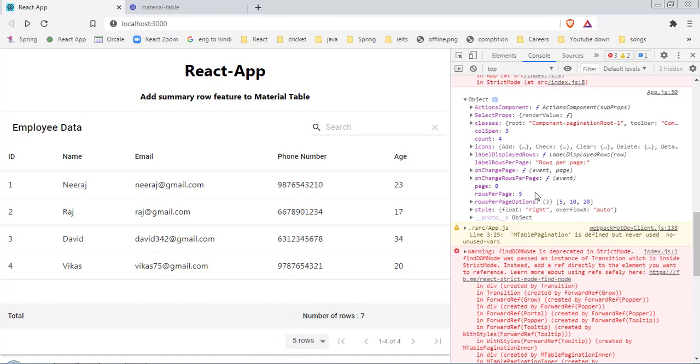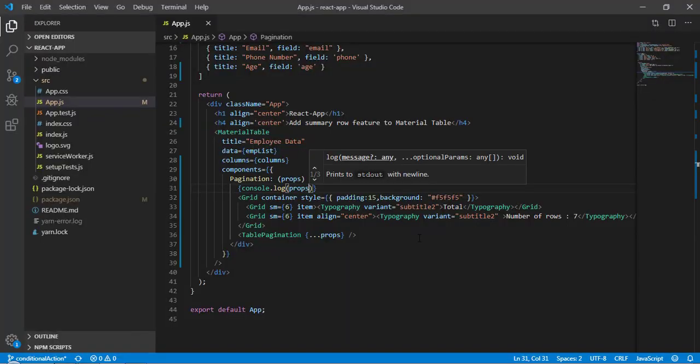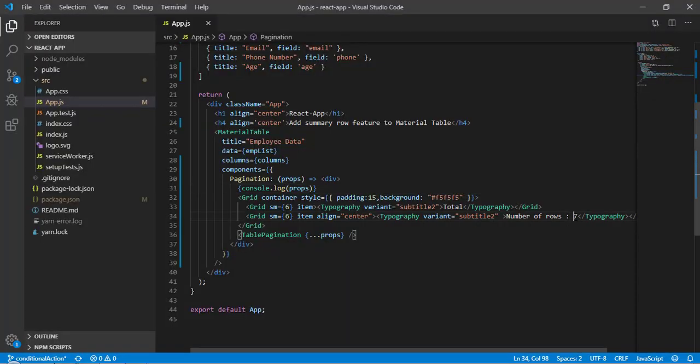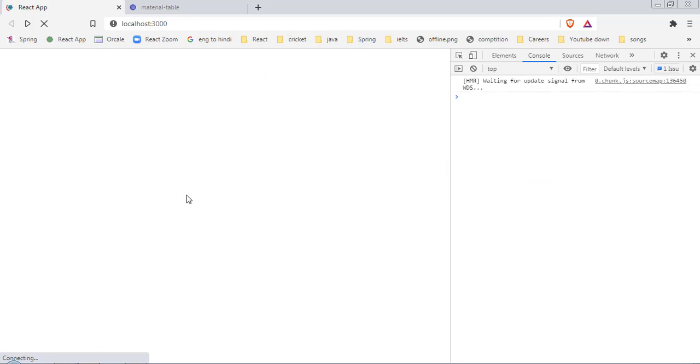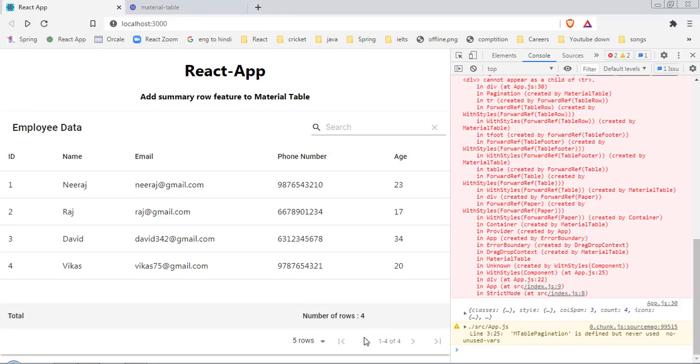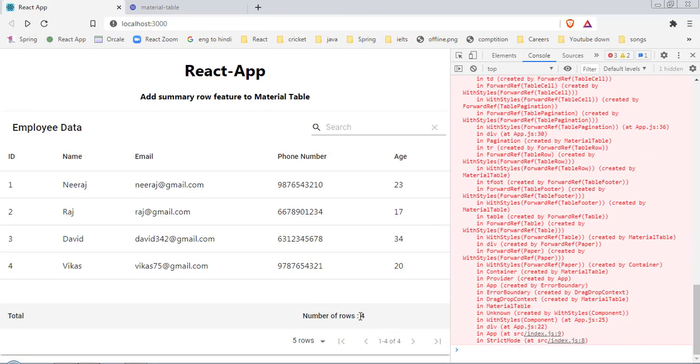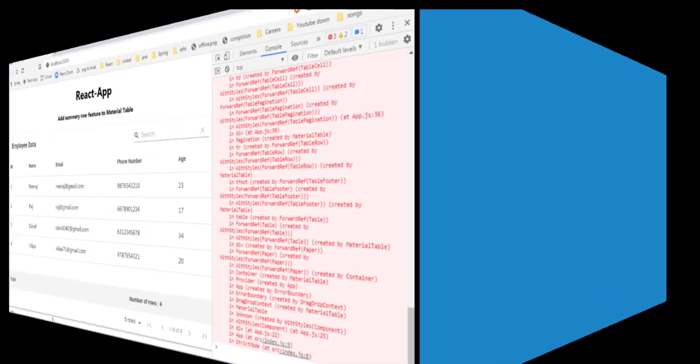Now what we can do is replace this hard-coded value with this count. So here I can write props.count. Now let's save it and come back here. Now you can see we have 4 rows.